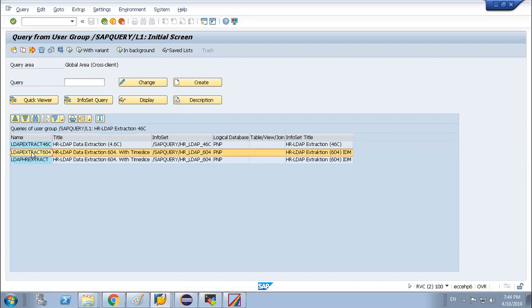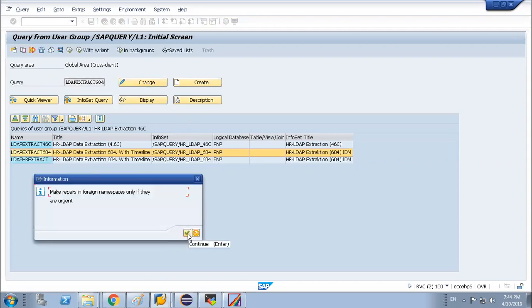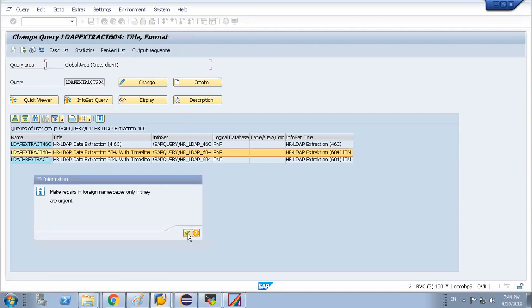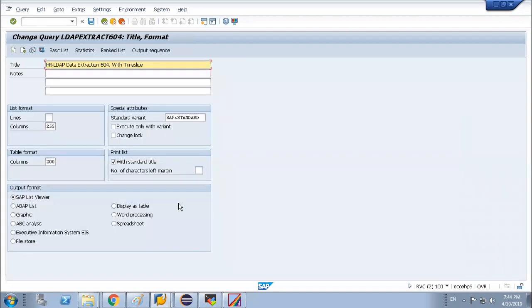Okay, in this 604 query area, what do we actually do? If you click on the 604 query area, if you click on change, you will see some information. This is pretty standard information provided by SAP.